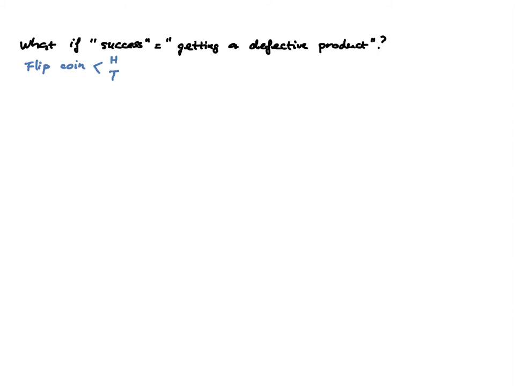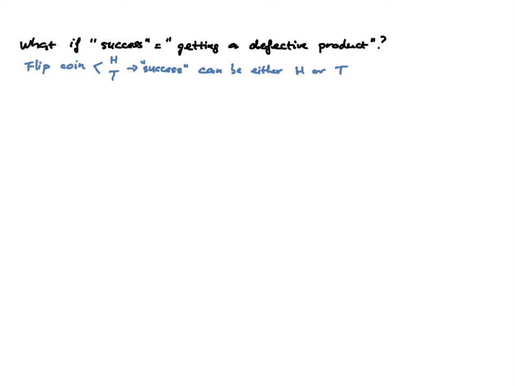There's not a rule that says you have to define success one way or the other. So success can be either head or tail, right? There's not a rule that says success has to be a head or success has to be a tail, right? So same thing with our